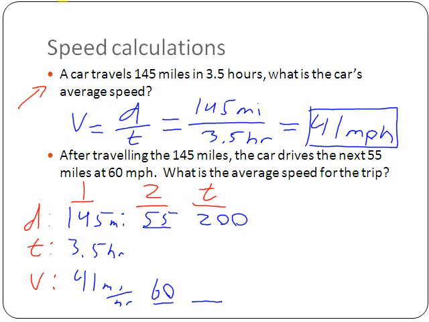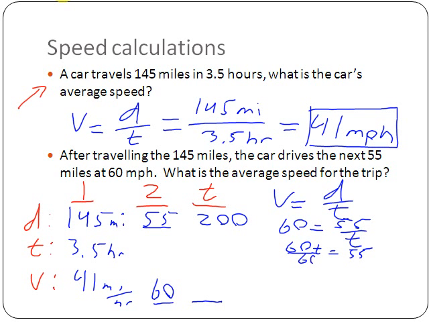And that's that the speed is equal to distance over time. So for this, we can say that the speed, which is 60, is equal to the distance, which is 55, over the time. So I'll multiply the t up on both sides, so we get 60t is equal to 55. Divide both sides by 60, and we get that the time for the second part would be 55/60ths,